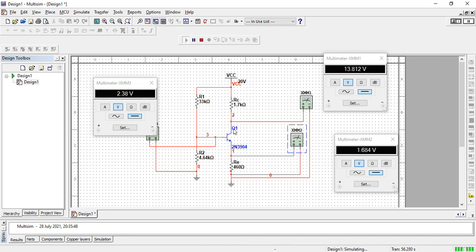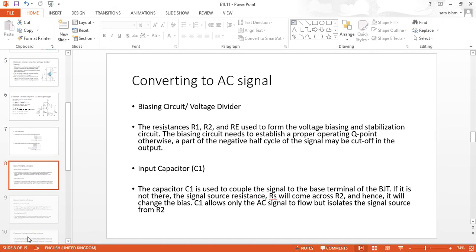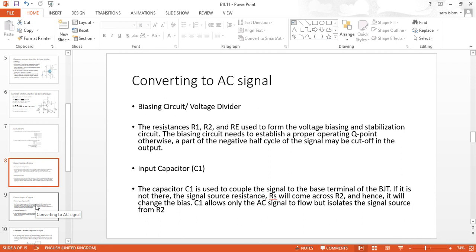Okay, so let's stop this part, and because it's going to be a lengthy video, we will try to cover it in two or three parts, right? After biasing I will be going towards my next section, which is the AC signal version, the study of that, and finding the input impedance, output impedance, and the gain, right? So let's move toward the second part.